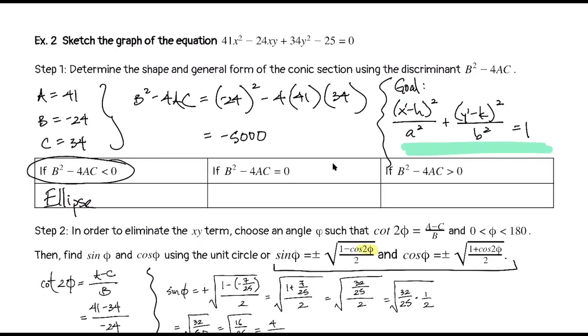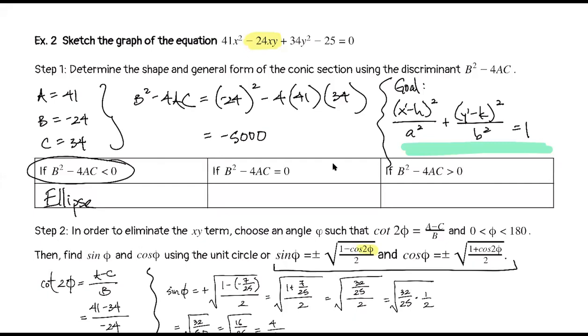And then with example 2, we really jumped into what happens when it's not easily factorable, or I can't complete the square. The biggest indicator that you can't complete the square is this term right here, the term that has the x and y together. It's really difficult to complete the square because the x and y terms are together. So how do you break them apart? This technique gets around that.